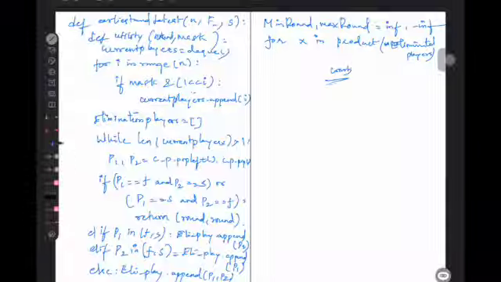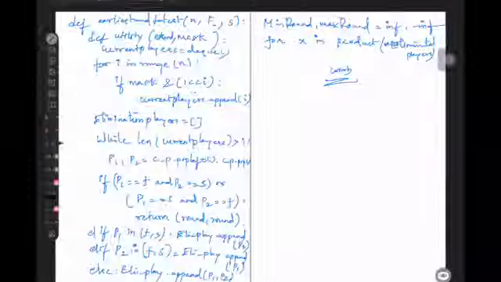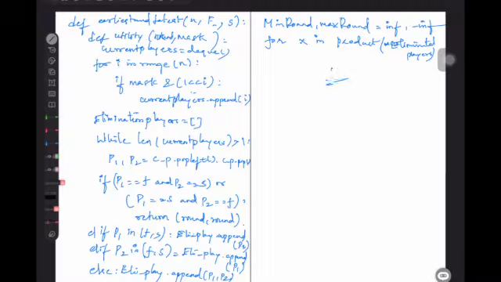You can also use combinations, which is an inbuilt function that will give you all the combinations for the given array, whatever the array you are passing. While you are appending, put it into an array. Okay, so yeah, that's it.